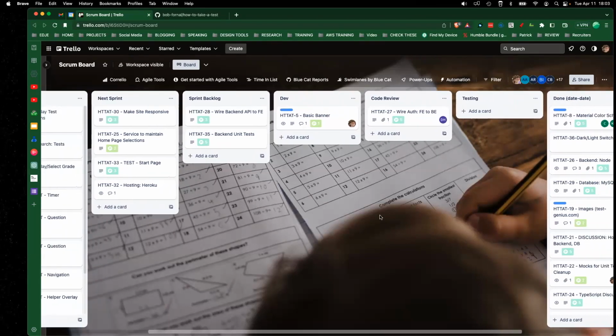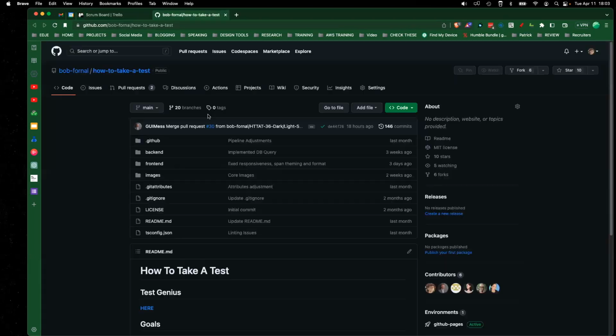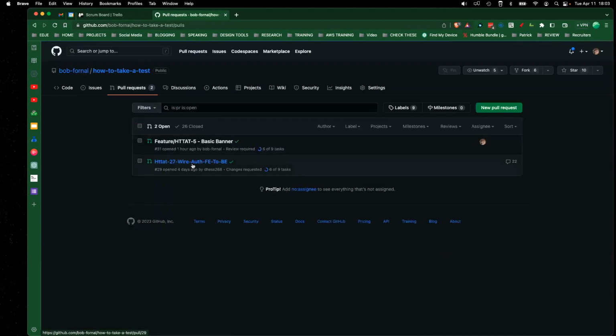And I know the auth is still up in review. Don't worry about the unit tests on that one. I'll pull when we get that branch merged in, I'll help with that one. Okay. And then basic banner, I'd spent some time on that, so I just put out a pull request on that one. So let's go take a look at where we're at on our different PRs and see what we've got. So the auth,